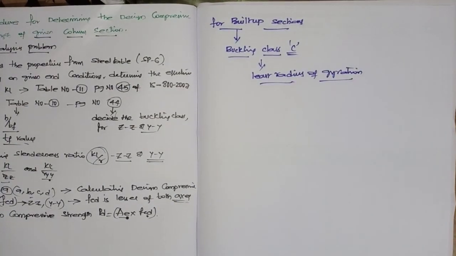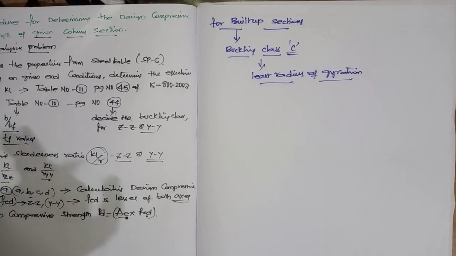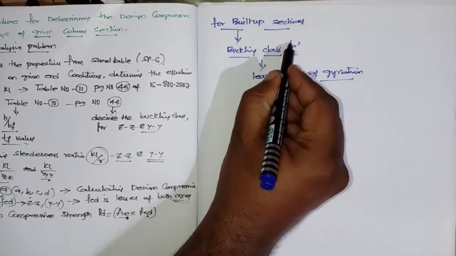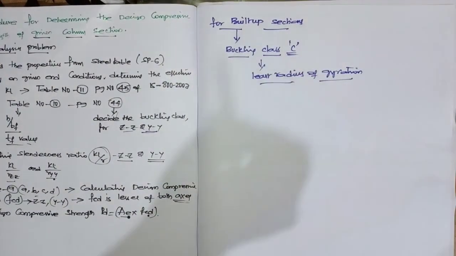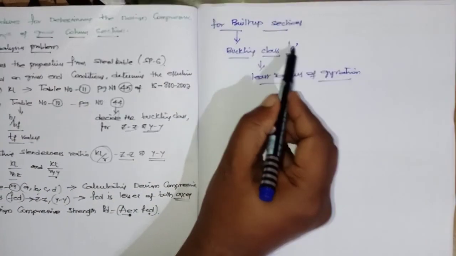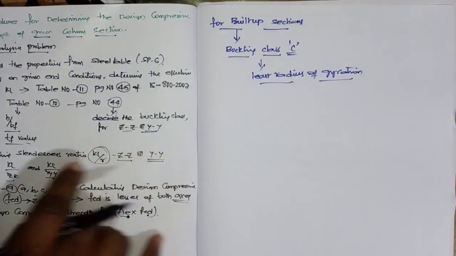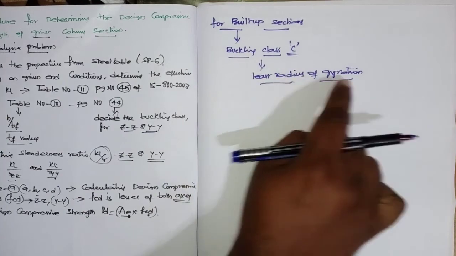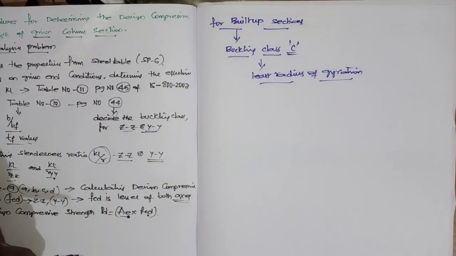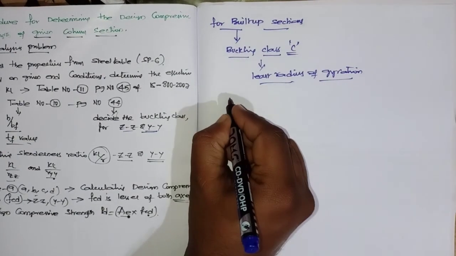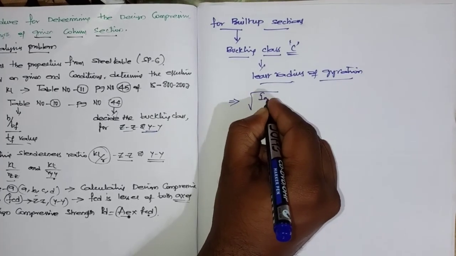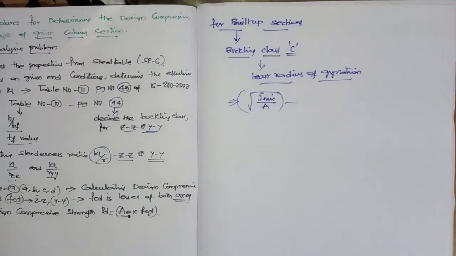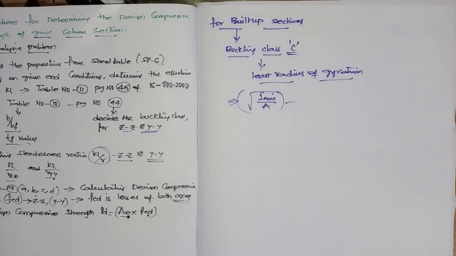Now, while doing the problem I will explain what this actually is. For built up sections, since buckling class is only one, for any built up section you will have buckling class only one, that is C, and you have to take not rzz or ryy separately but the least of the two values rzz and ryy. And sometimes for built up sections the radius of gyration is taken as the square root of I minimum by A. That is the thing.